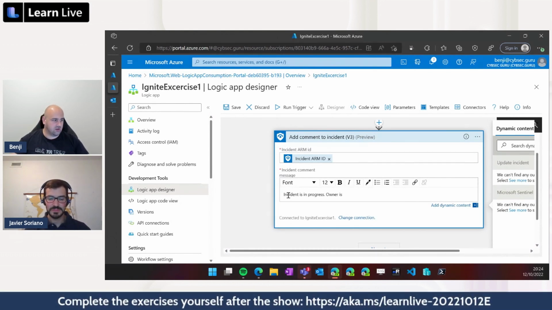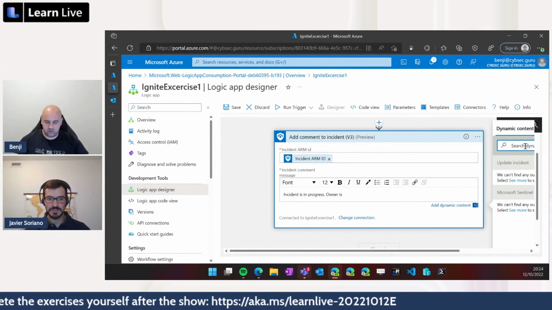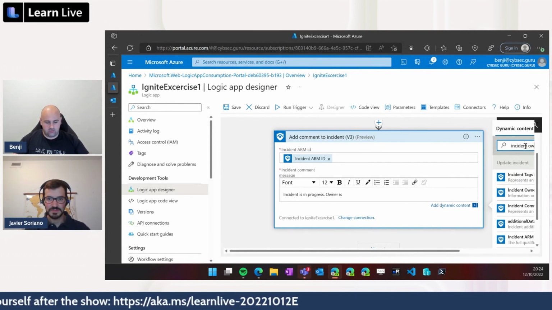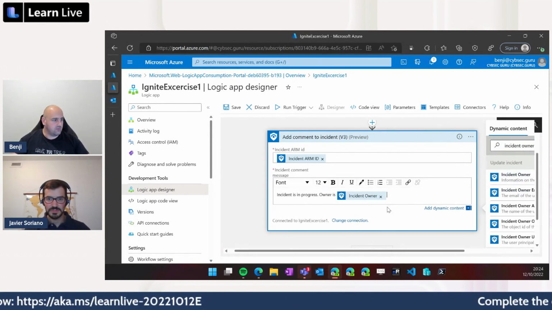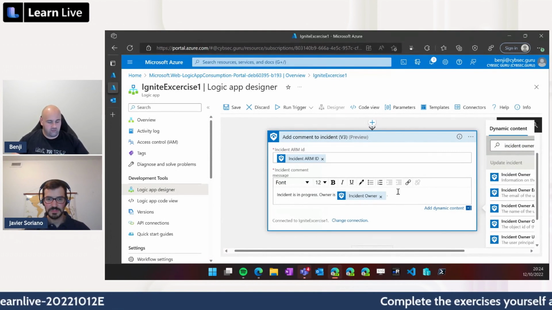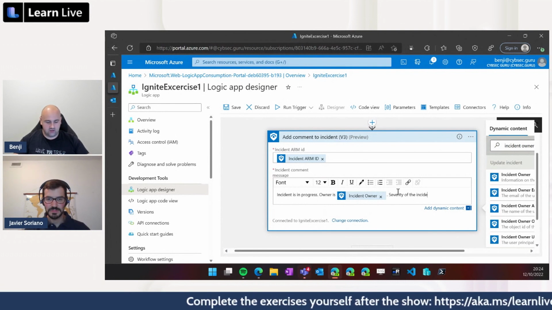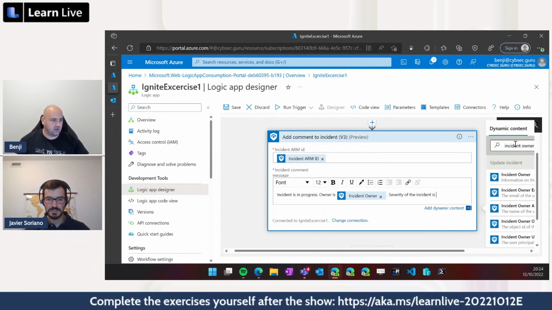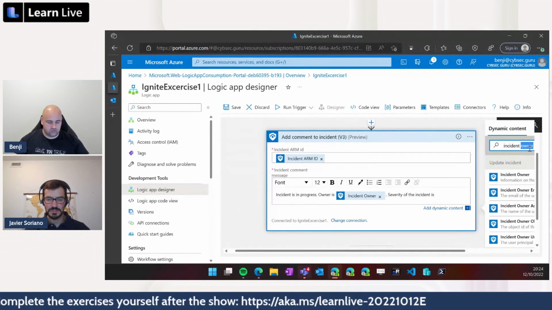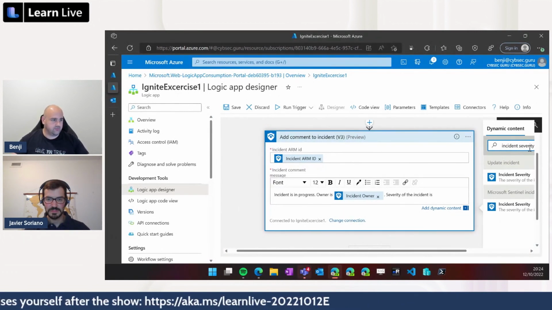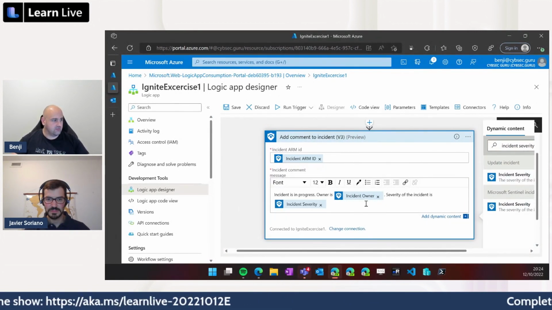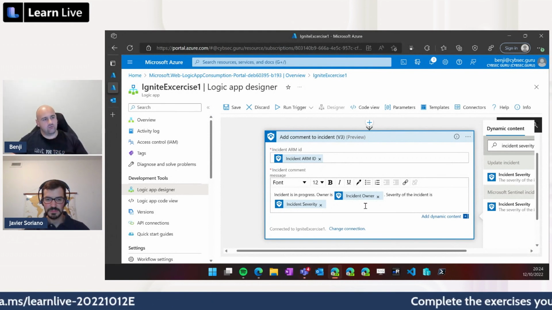Owner is, and then we will search for the incident owner. And we want to say severity of the incident is, and then we will choose severity, and here it is. So now we have the information that we want to use.